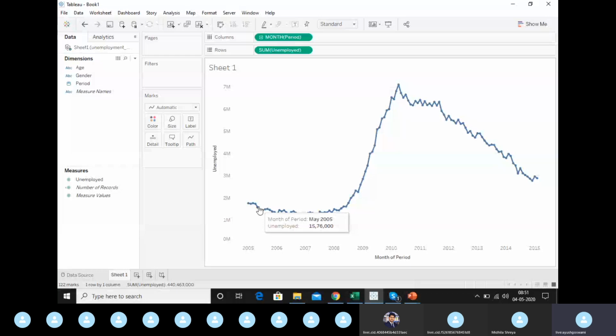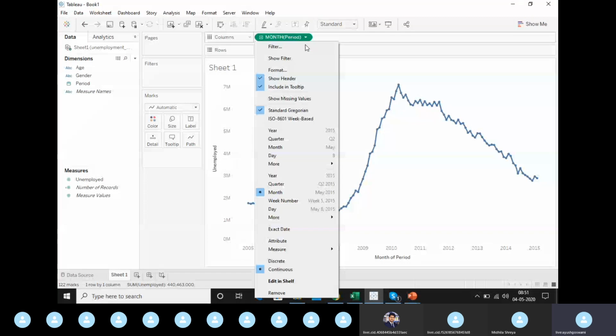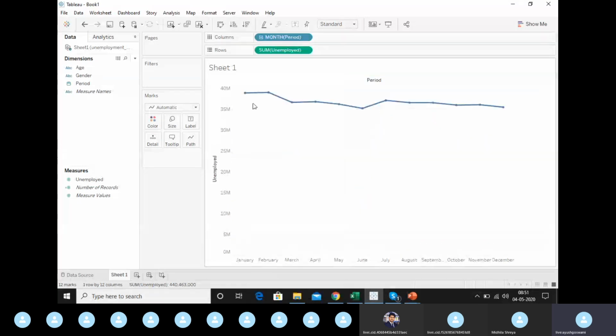And the same way, if you are doing month from the first pane here, you will just see the aggregation of it for a particular month, how much unemployment there was for all the occurrences of this month in all the years, for January in 1996 plus January in 1997 plus January in 1998, so on and so forth till January in 2016, right? So it has aggregated here. But once you are doing the same thing here and you're changing this month here, you'll see the data set has plotted in for every month in a timeline way, right?